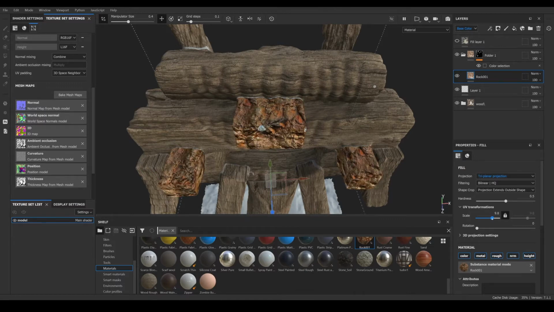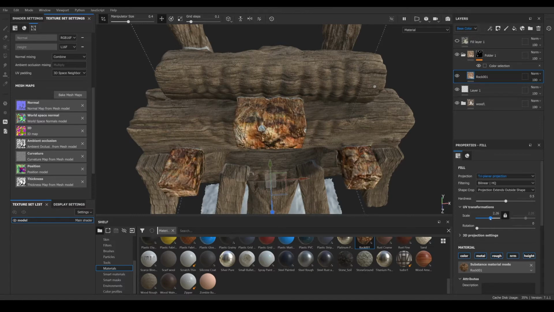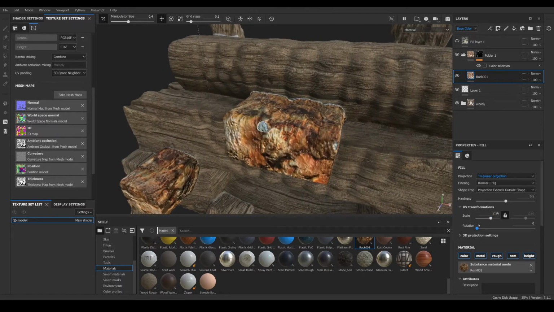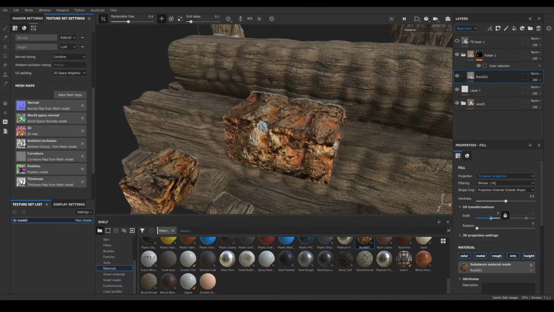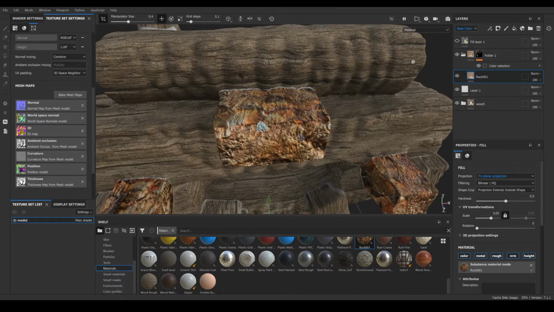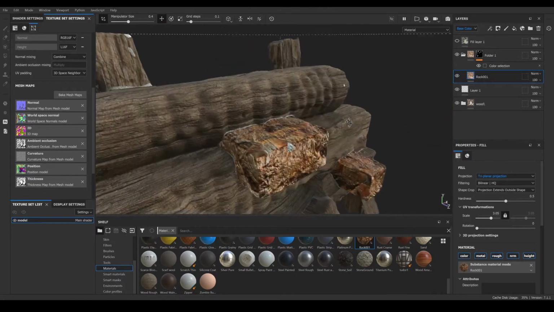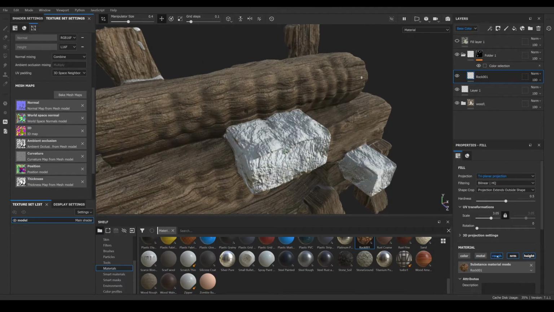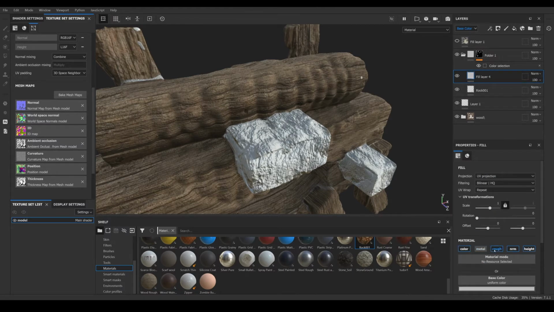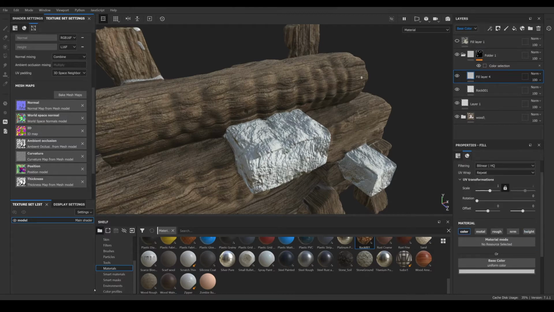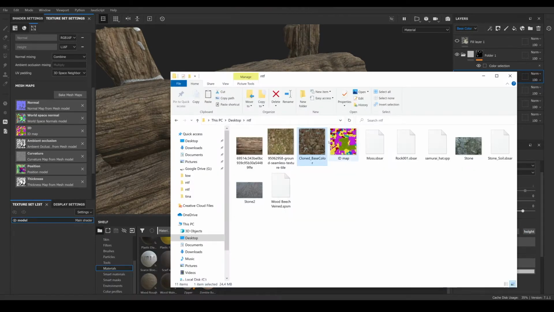So me, I would probably leave it like this, I guess. This one we will basically only use for the bump or the height map and the roughness. So what we do now is create a fill layer with only color. And we select the stones. We drag them in,